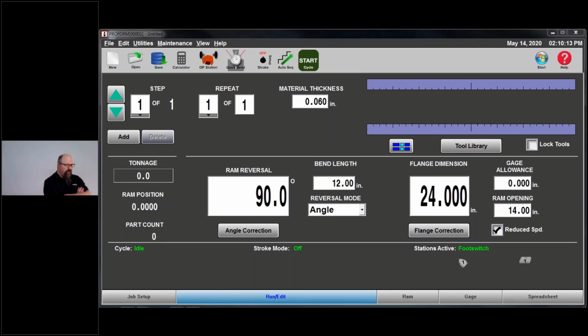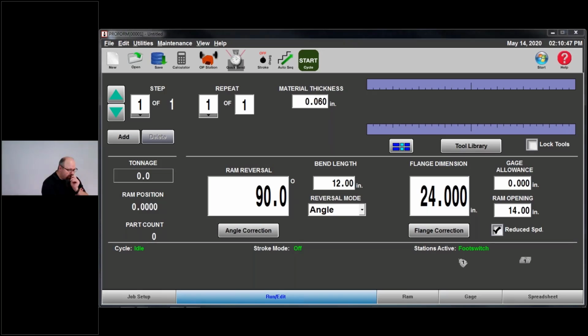Don't you have to hit apply? Not particularly. For probably the last 10, 15 years, in our software at least, when you make a change and then you hit OK, the OK function automatically goes in and applies those changes. So you don't necessarily have to hit apply. If it makes you feel warm and fuzzy inside to hit apply, no problem. But the requirement to hit that, no, you don't need to hit that.